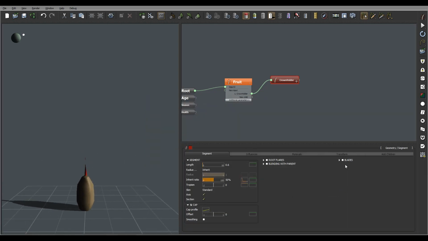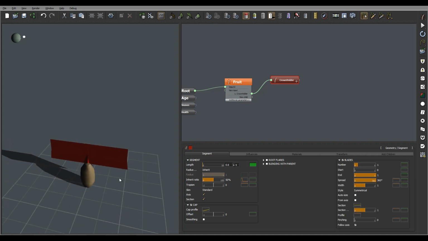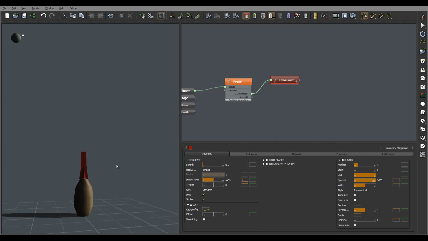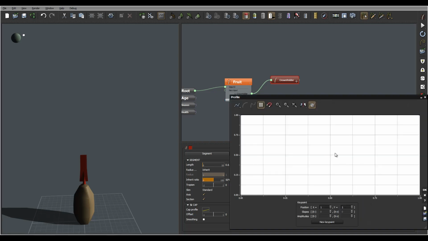Okay, next connection, let's work with the blades. I want to add a blade to this. Okay. After size will help us keep it a little bit more proper, so sometimes I like to enable it. However, you need to see it right here, after size, because it's going about the same as the diameter, so we'll need to rework that one. We'll say start, let's go a bit up, maybe a little bit higher. Okay, end is about right, and right here width, actually I want to create